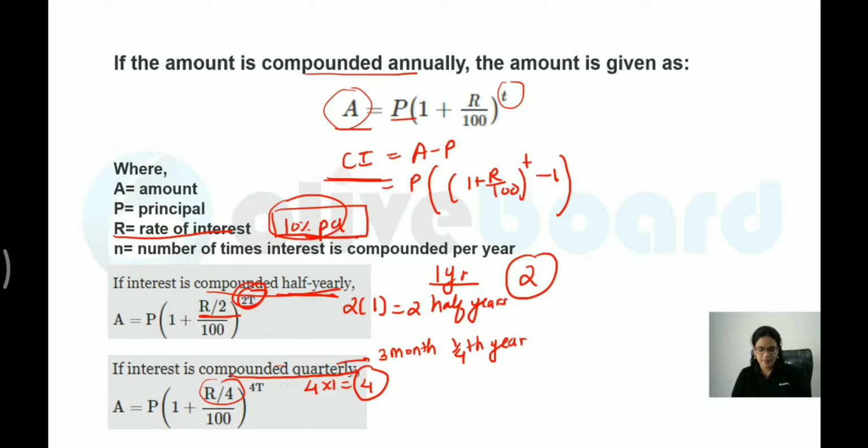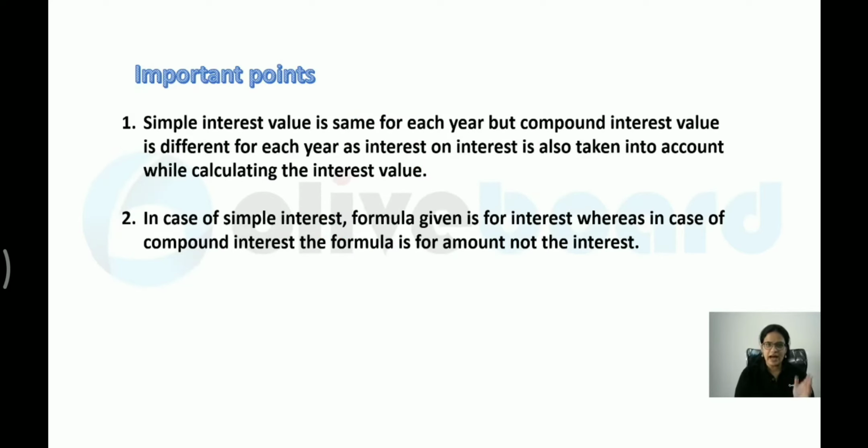So let me discuss the basic question based on this. Before we start with the basic question, remember a few points regarding compound interest. Simple interest value is the same for every year, whereas the compound interest value is different for every year. When you are talking about the first year, you have both the values on the principal. So for the first year, simple interest is always equal to compound interest. But after the first year, the value of compound interest would be more, since it will be adding the interest as well. So remember this, only for the first year both values are equal. Otherwise they are never equal.